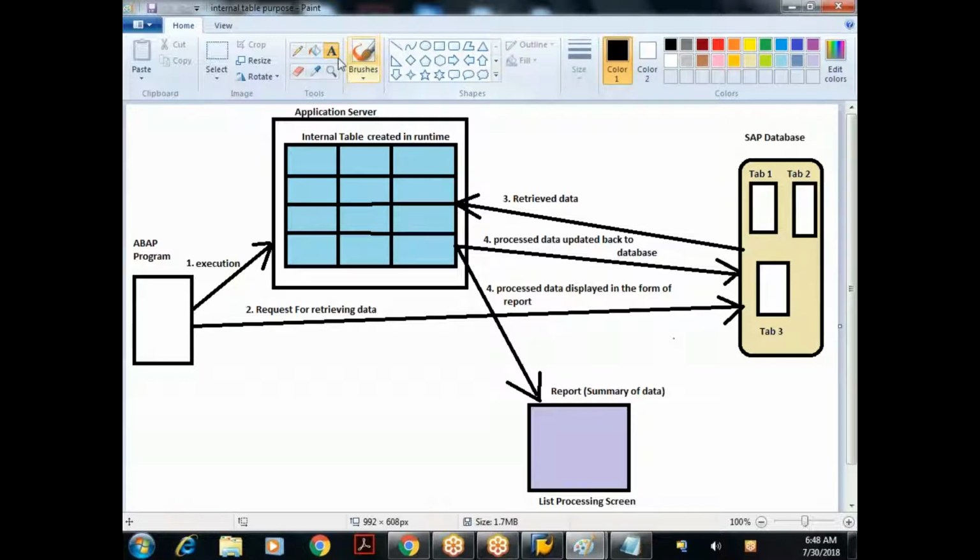Inside the database, you will have database tables. Database tables reside in the database server, and the purpose of database tables is to store the data permanently in the form of rows and columns.